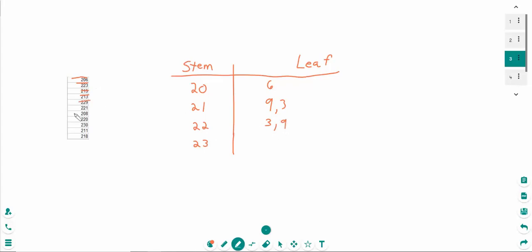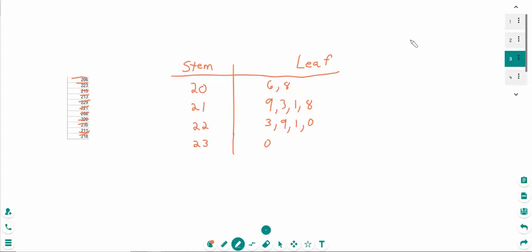So we've got that one done. 22 again, the leaf is a 1. A 20 with a leaf of 8. 22 with a leaf of 0. A 23 with a leaf of 0. And a 21 with a leaf of 1. And a 21 with a leaf of 8. Okay, so there, I've got all my numbers accounted for. They're all in my stem and leaf plot. I haven't quite organized them maybe as well as I could have, but let's just take it as it is